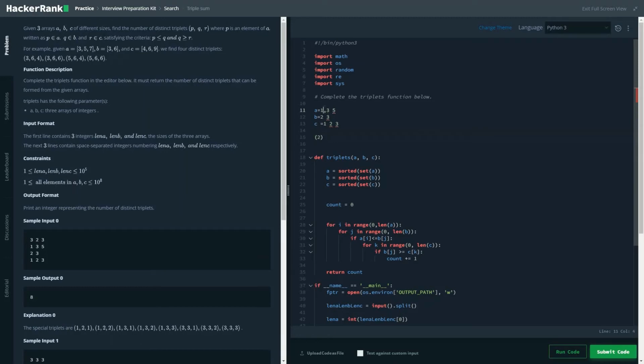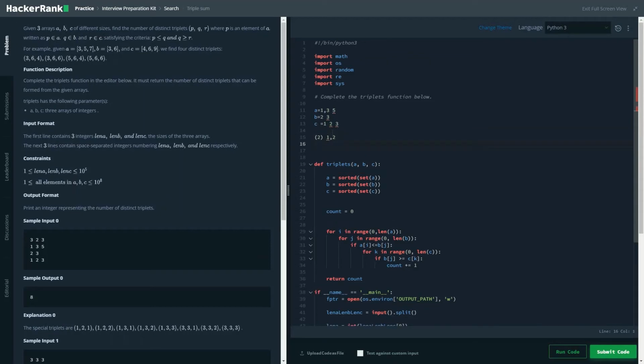So in the first case, only one element of A is present, 1. And in the second case, there are 2 elements. So 1, 2. Now when B is 3, how many elements present in A are smaller than or equal to 3? There are 2 elements, and in the case of 3, there are 3 elements. So can we do something? Can we say that number of distinct